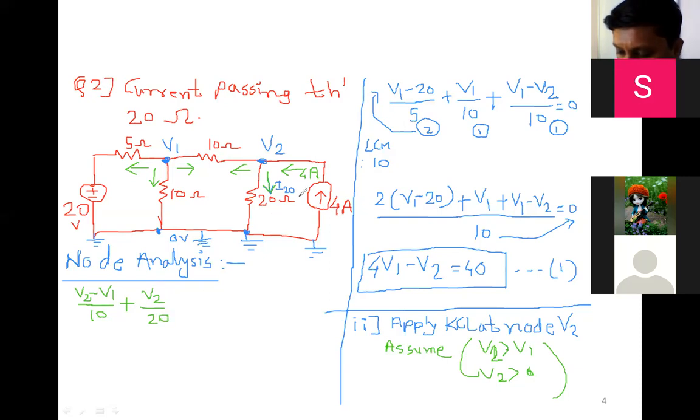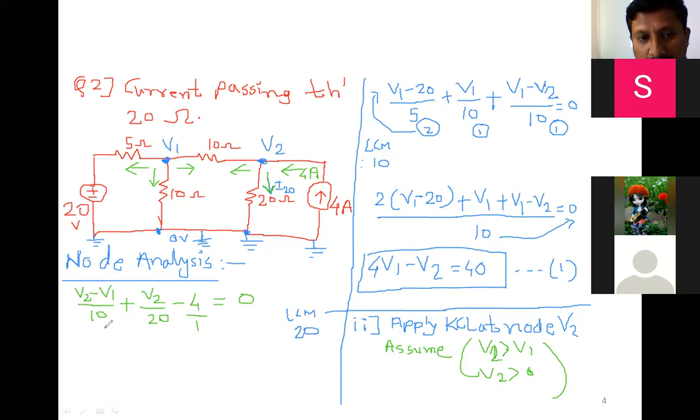Now you can give attention. The third branch current is given, that is 4 ampere. That is already a current and it is incoming, that's why minus, and the value you can write directly, that is 4. Minus 4 because it is incoming current. E is equal to 0. Now below 4 nothing is there, means 1 is always there. 4 divided by 1 means 4. Okay. So this is the way of writing. Why do I write it like this? Because we have to take the LCM, because the denominator is not constant. If it were 20 and 20 here, I would not have taken the LCM. Okay. So what is the LCM here? So the LCM is 20.